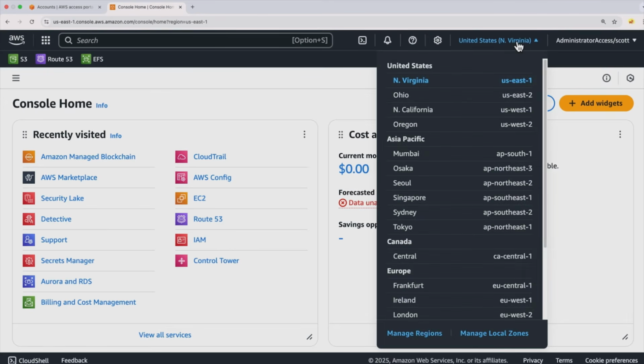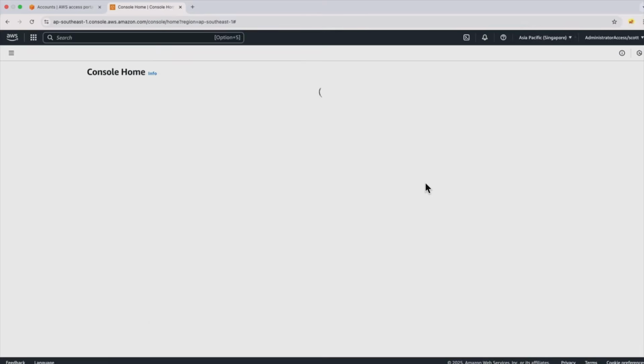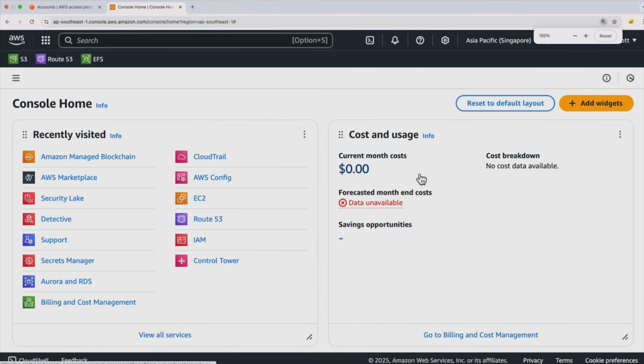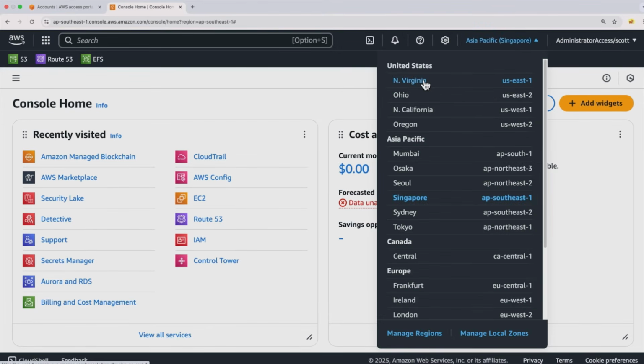All right, moving right along. Hey, look at that. We've seen this before. This is our list of regions. So if I click on AP Southeast 1, suddenly I am transported into Singapore. I am in Singapore right now. The screen that we are looking at, or at least the services behind the screen that we're looking at, is in Singapore. So if I wanted to go back, I just click that little drop down and go back to